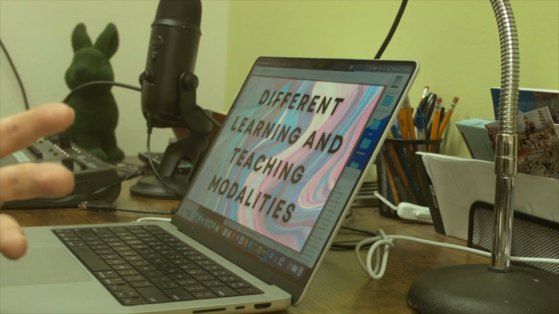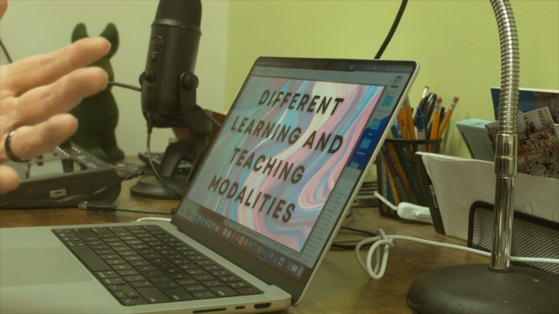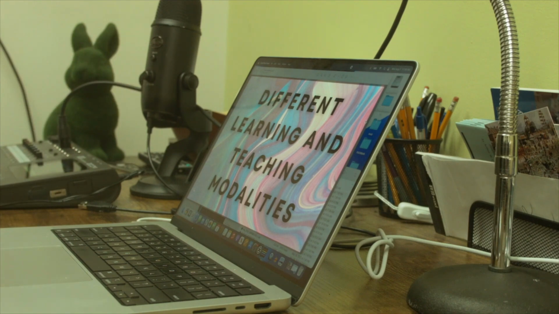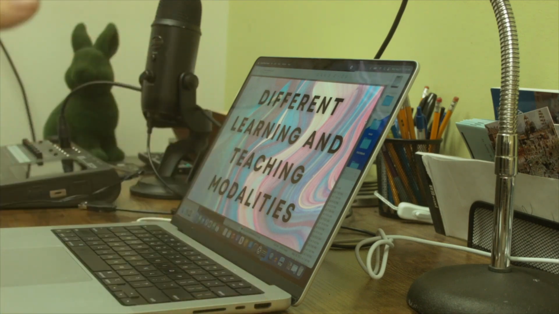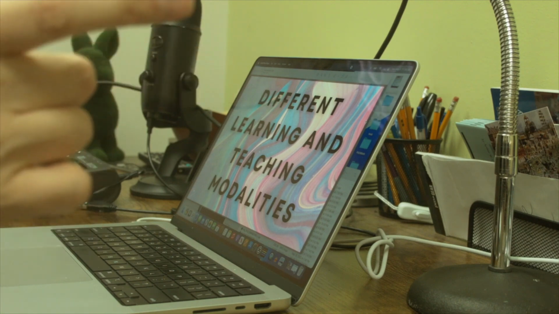Canvas allows you to do a lot of that because there are so many apps and cool things you can do. The same thing with Zoom. Here in 2022, we now have a local Zoom sub-account, and there are all kinds of cool apps that you can use to try to make the class more experiential and focus on different learning and teaching modalities. So be sure to check out some of my Zoom resources as we look at the Zoom apps available for you teaching a distance or online class.